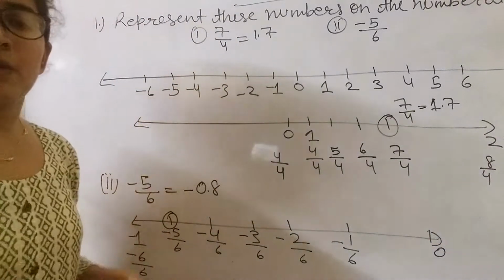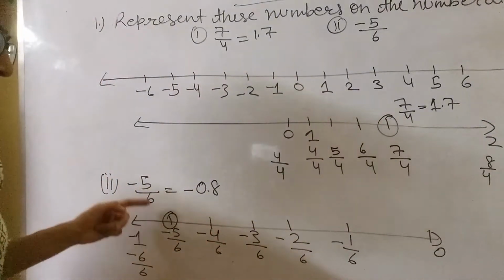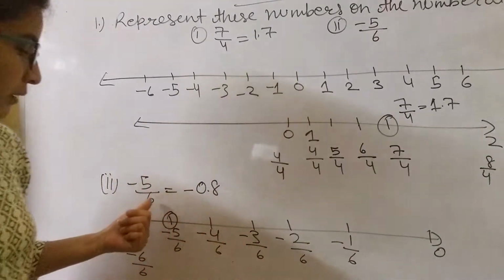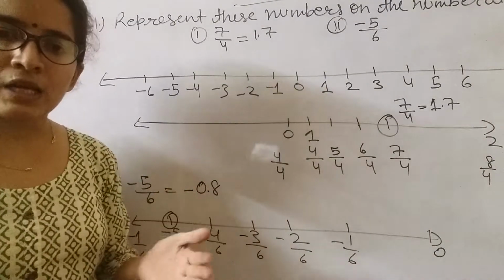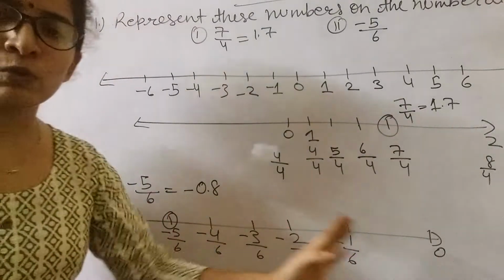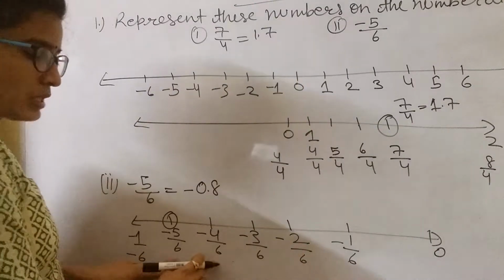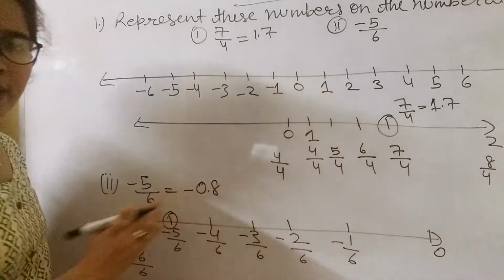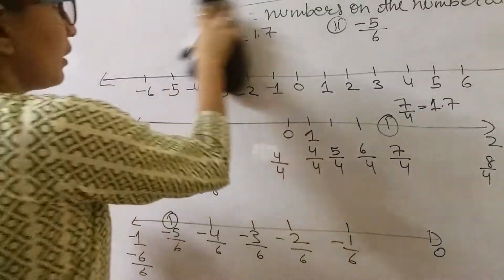So that is how we mark the numbers on the number line. First we have to check the denominator, and we have to see in which number that number can be converted. Like minus 6 upon 6 can be written as minus 1. So we will take the rationals between two numbers as minus 6 upon 6, minus 5 upon 6, minus 4 upon 6, minus 3 upon 6, that are the rationals between 0 and minus 1. Now the next question is,